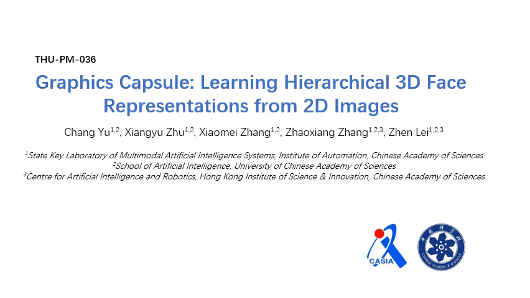Humans find it easy to construct the hierarchy of objects by only observing them. Our work aims to investigate a similar perception mechanism of neural networks in this paper. We propose the IGCNet to learn hierarchical 3D face representations from large-scale unlabeled in-the-wild images, whose primitive is the graphics capsule that contains 3D representations with explicit meanings by combining depth and albedo information